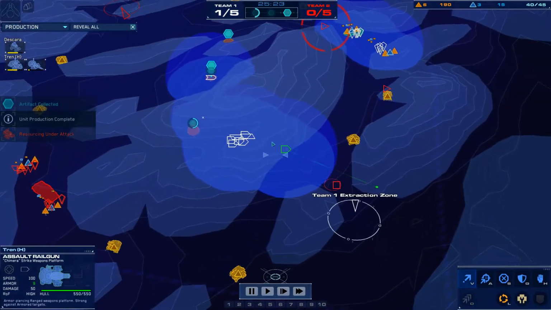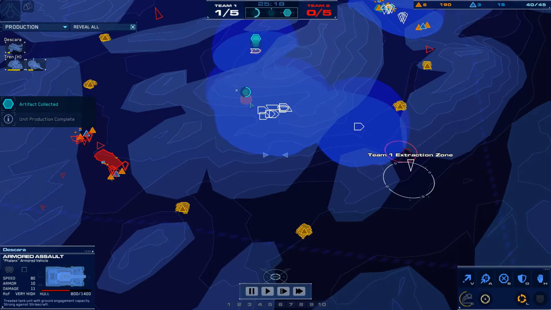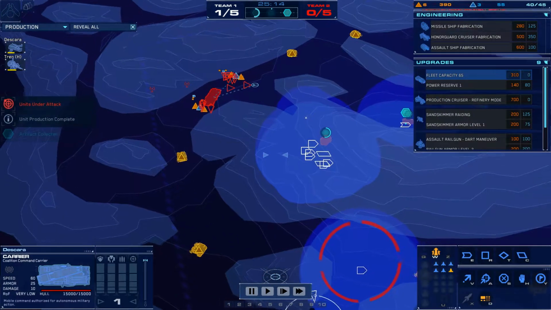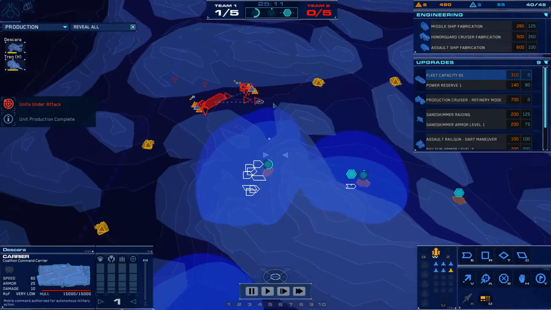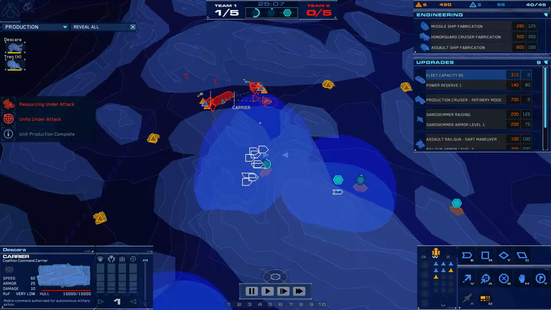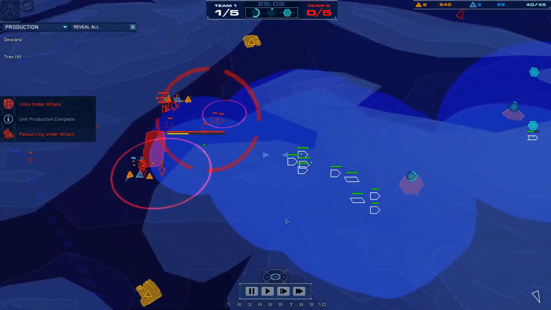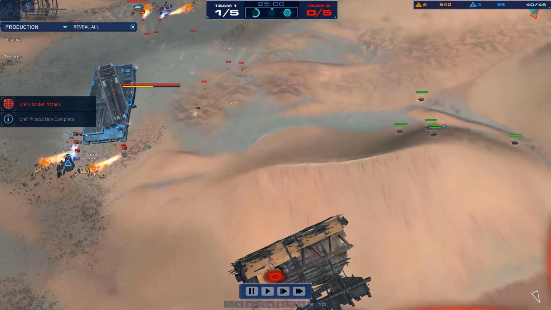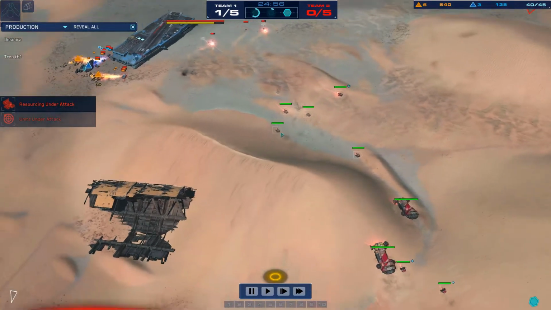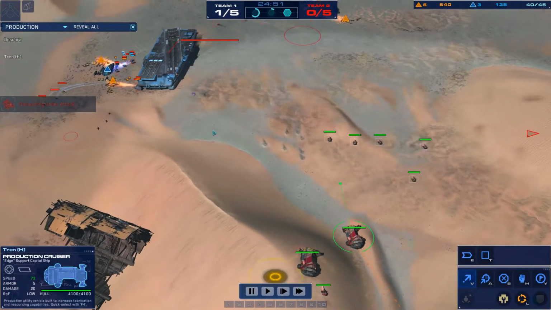Tren decides to just use one assault railgun to deal with that armored assault vehicle, and redirects his forces towards Descara's main. Descara is building up LEVs in the meantime, and he has a strike fighter in production. Descara already has 6 strike fighters in his hangar, so if Descara deploys those strike fighters immediately, he should be able to pick off a few of these assault railguns before these production cruisers get too close,